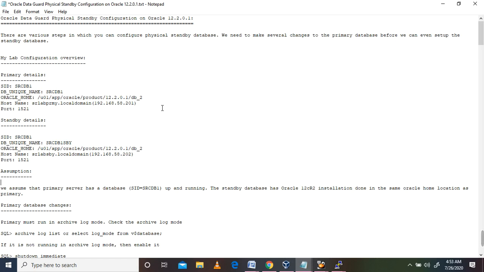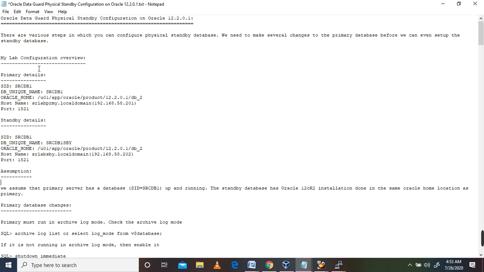And we need to make several changes to the primary database before we can even set up the standby database. Yes, absolutely, we need to do some basic setup, basic configuration, and initialization parameter changes in the primary database. Then we proceed with the physical standby database creation.